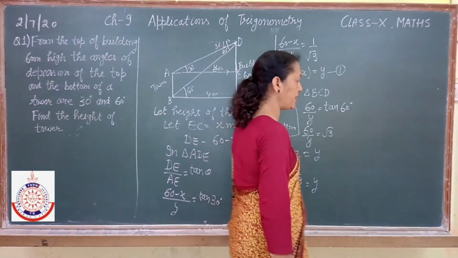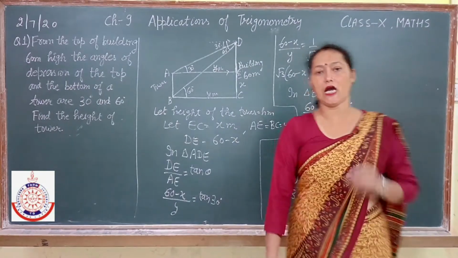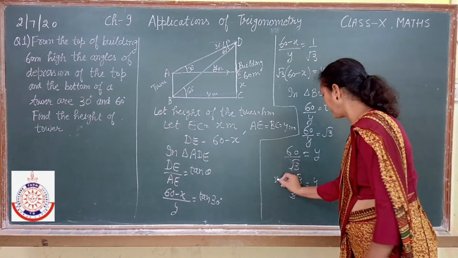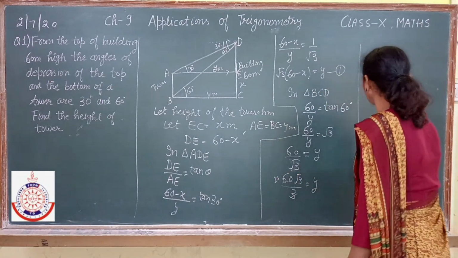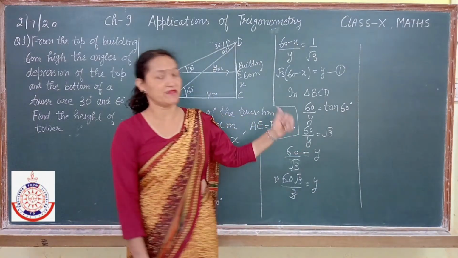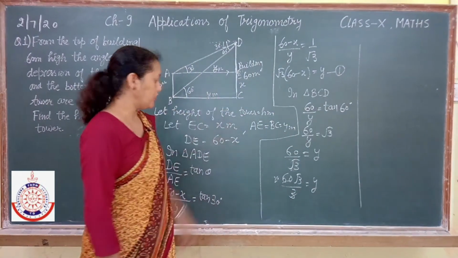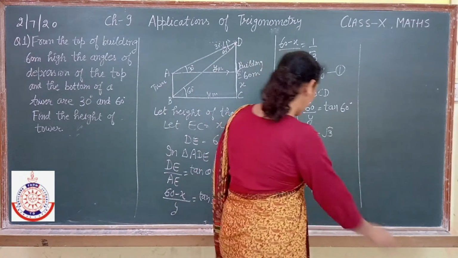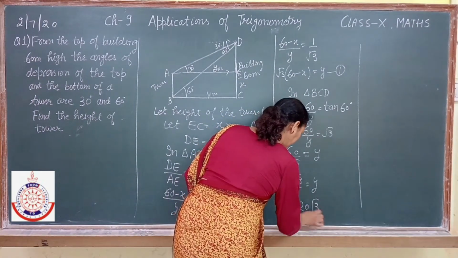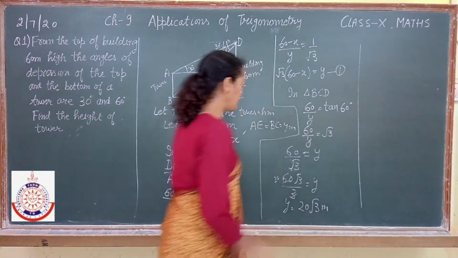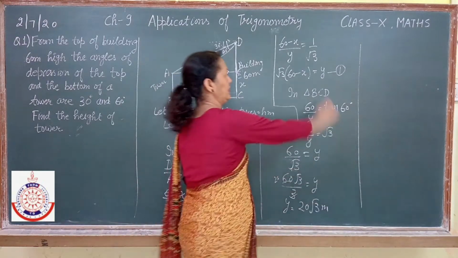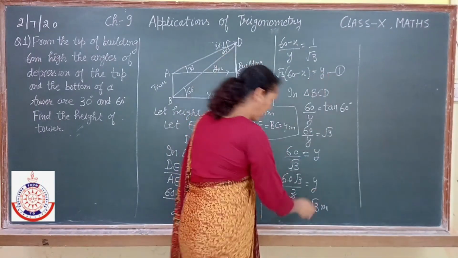So what we have obtained? We have obtained y as 20 root 3. So the value of y means what? Base, BC as well as AE. So we have obtained y as 20 root 3 feet. So if we put this value of y in any of the equations, either equation 1 or